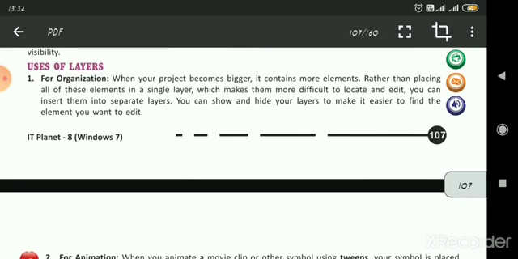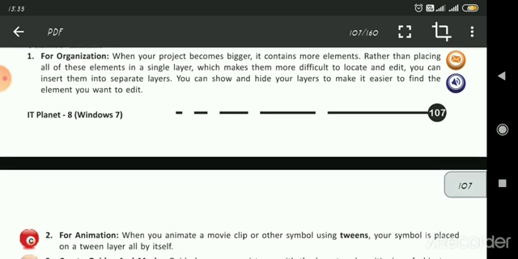So, uses of layers. First, it is given for organization. When your project becomes bigger, it contains more elements. Rather than placing all of these elements in a single layer, which makes them more difficult to locate and edit, you can insert them into separate layers.